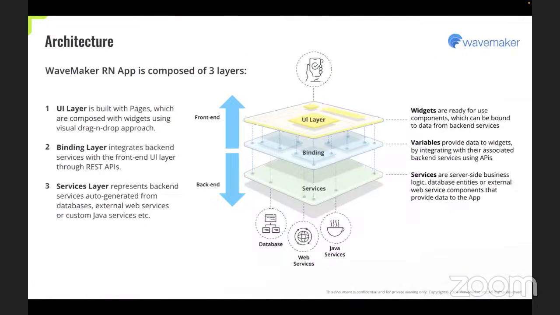A WaveMaker app can be either a web responsive application or a native mobile application built using low code. The apps built in WaveMaker follow modern application architectures, separating the UI and the backend layer with well-defined REST APIs. So this model gives the needed scalability as the application grows and follows best practices in terms of